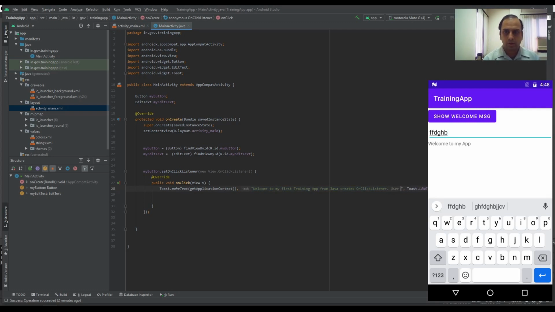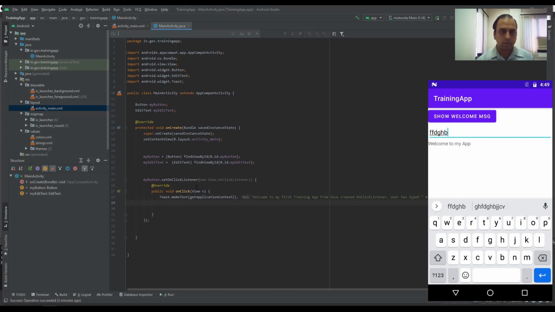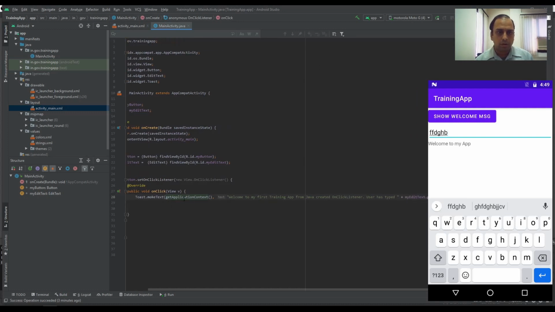User has typed, I will use plus text in the text box, and here I will extract the text of this particular edit text: my edit text dot getText dot toString. So it will create a toast with what?